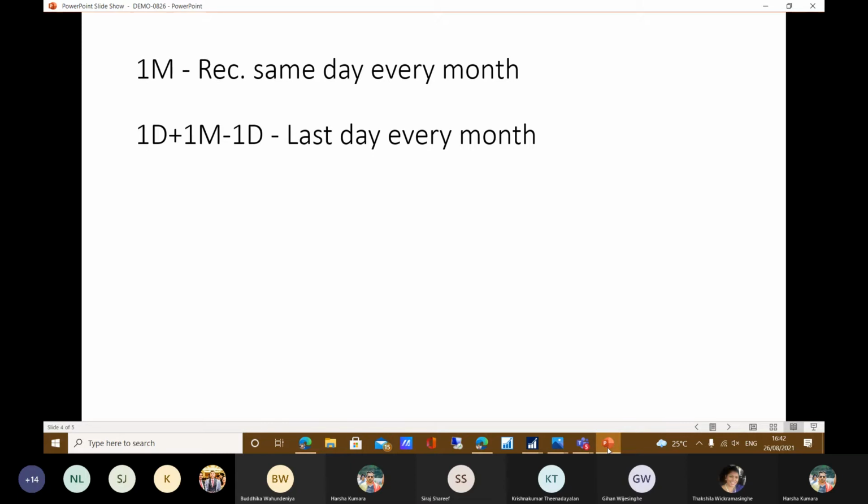It means if you are posting your EPF payments on the 25th, then every 25th you have to pay that. Then we can use the 1M parameter for that, and for every payment you make on the last day of every month, you can use the second parameter as the recurring frequency. I will show you the 1M parameter.